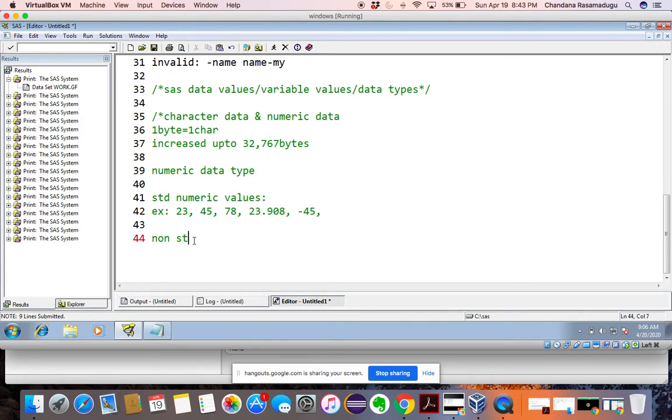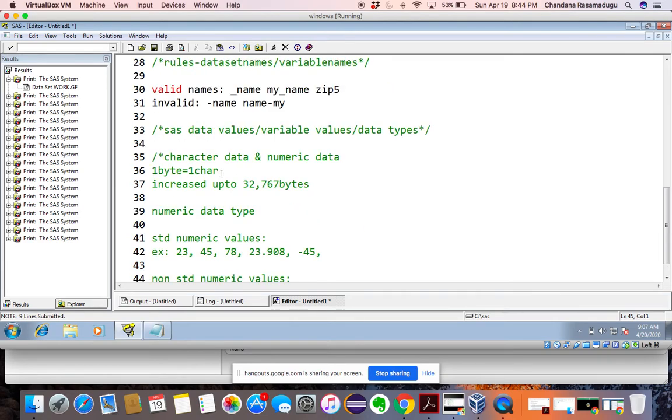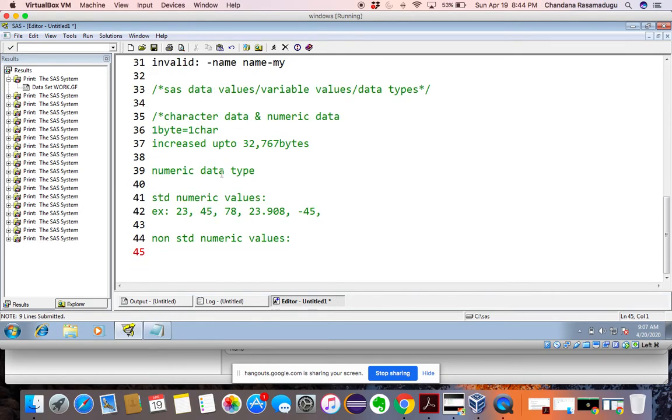So what are non-standard numeric values? Can you give some examples? Standard numeric value means it's very simple.